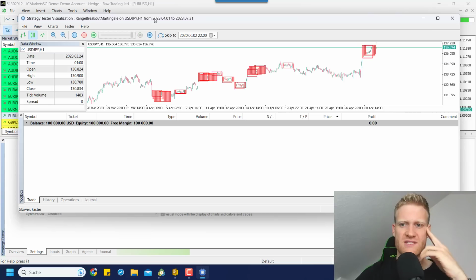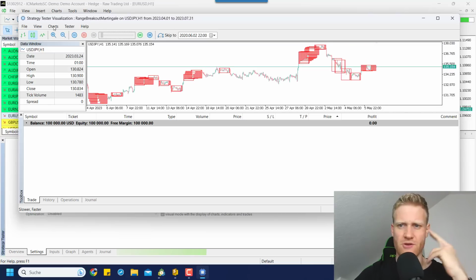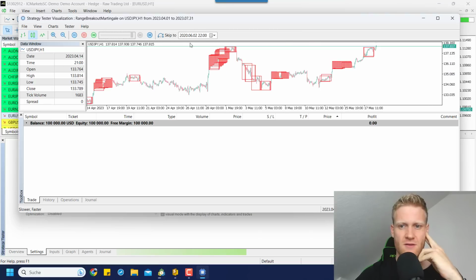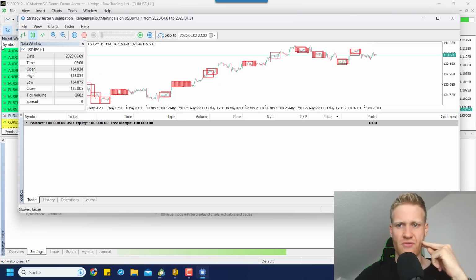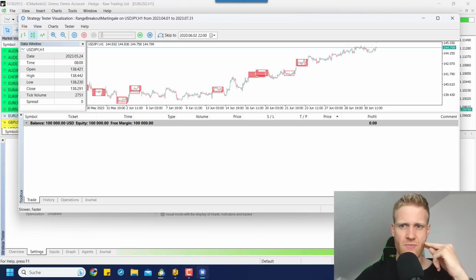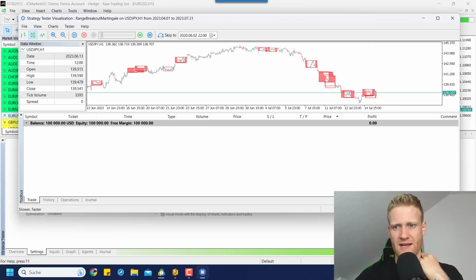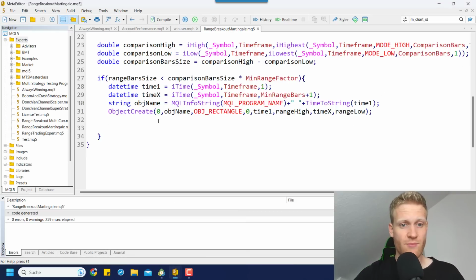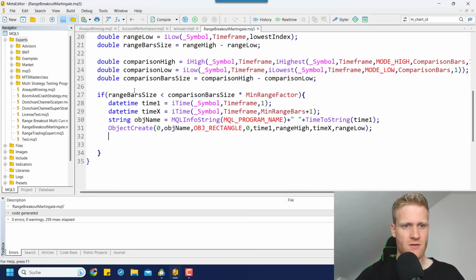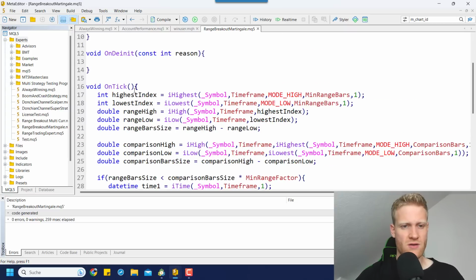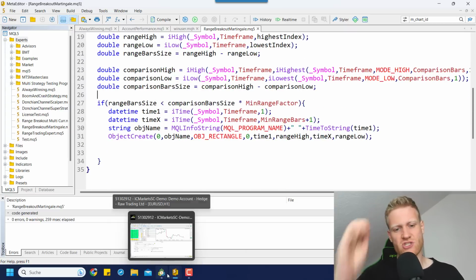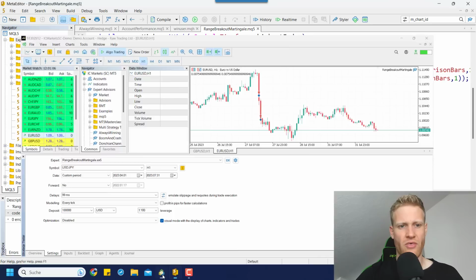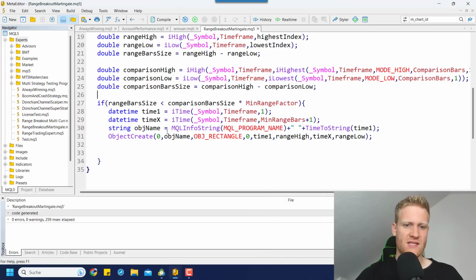these sideways markets. I mean, it's probably not always perfect, but we find some of these sideways markets. And of course, it will not be super perfect, but I think this is something we can work with for now. So let's go ahead and do some more stuff. We have to decide if we want to work with stop orders or if we want to work with market orders. And in this case,